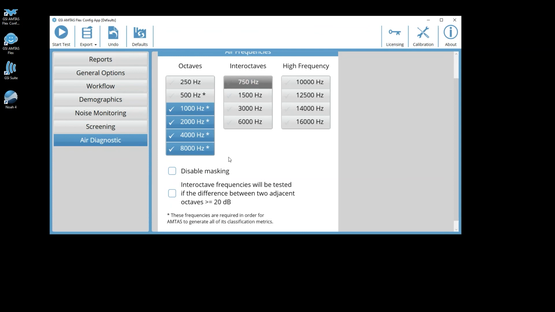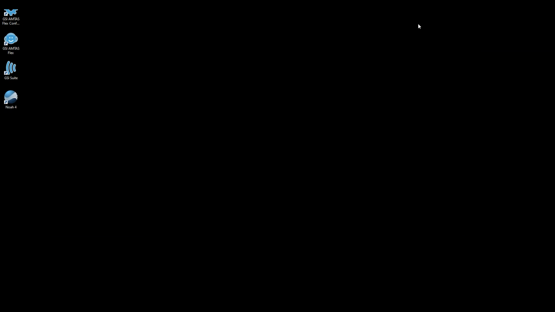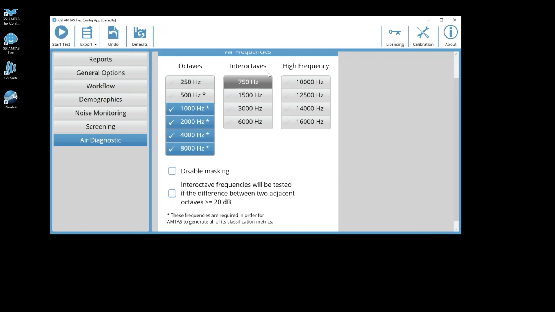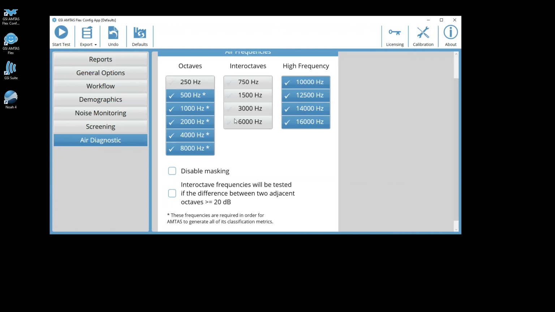Okay, so once you've got your protocol selected, say I've got what I want here, it's pretty standard, I can either hit start test, or I can just close the configuration application and launch it from the AMTAS Flex icon, and this is the protocol that it will follow. And once testing is completed,